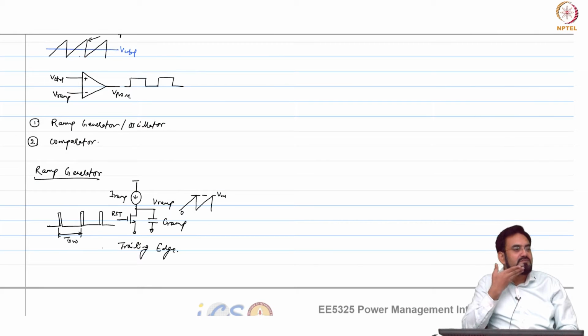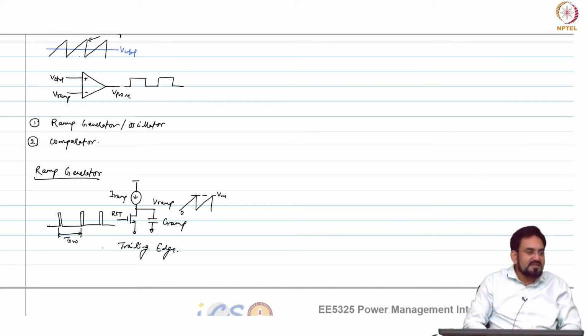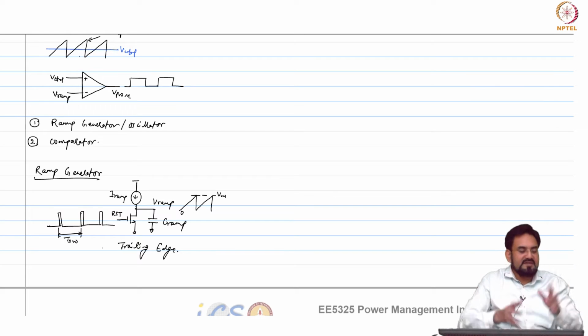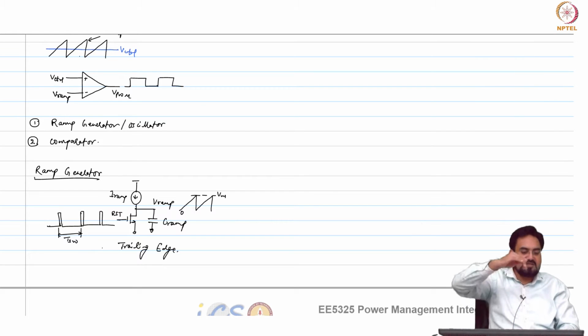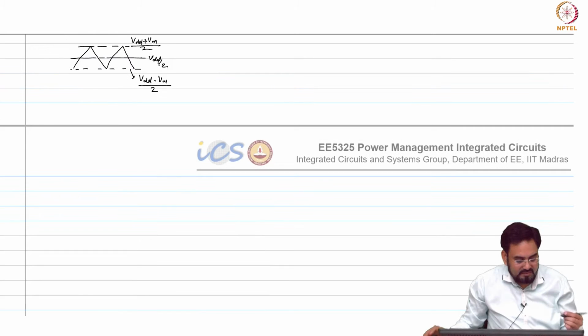What can we do? You have to simply modify this circuit to shift the common mode. You just replace the ground with another voltage, so that it will always reset to that. So let us say replace the ground with 0.4 volt, and you keep everything else the same. So now, instead of 1 volt, it will charge to 1.4 volt because you are starting from a 0.4 volt offset.